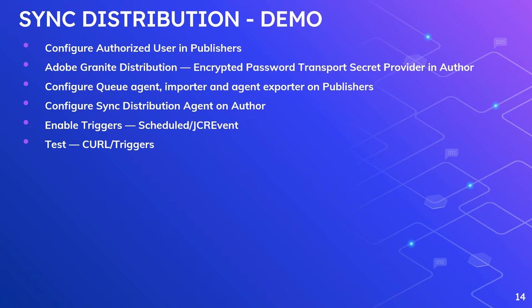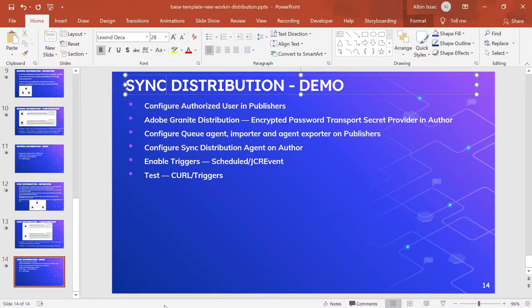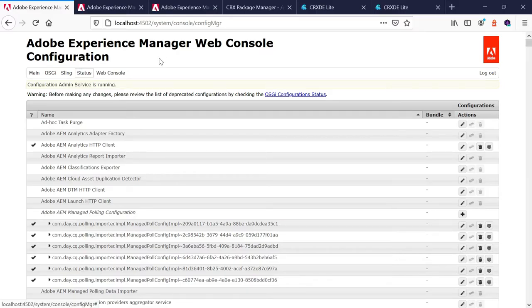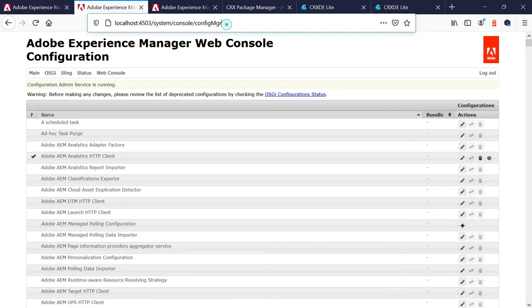As a first step, let us configure an authorized user in all the publishers. I'm going to create a new user with the name user sync admin, and I am adding this user to the administrator group. If you want, you can restrict the permissions, but for now I am adding the user to the administrator group. I already did that. This is required only in the publishers.